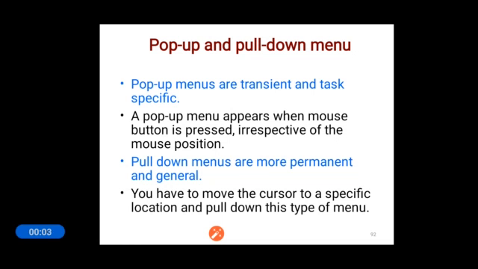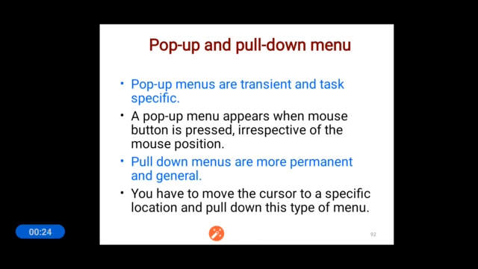Next, coming to the pop-up and pull-down menu. Pop-up menus are transient and task specific. This menu appears when the mouse button is pressed irrespective of the mouse position. For example, you place the mouse on the screen and just right click it. What happens?